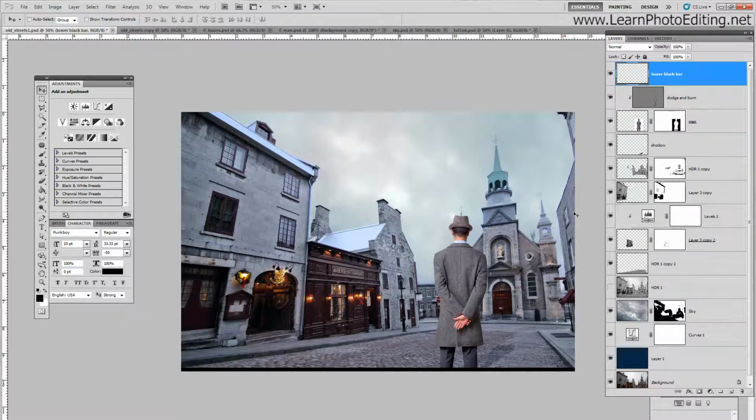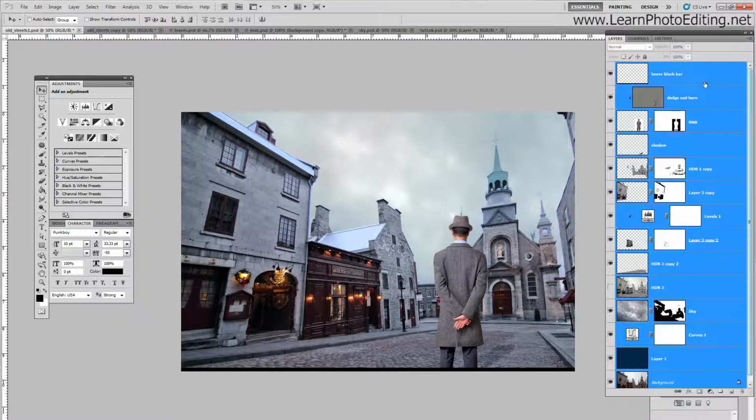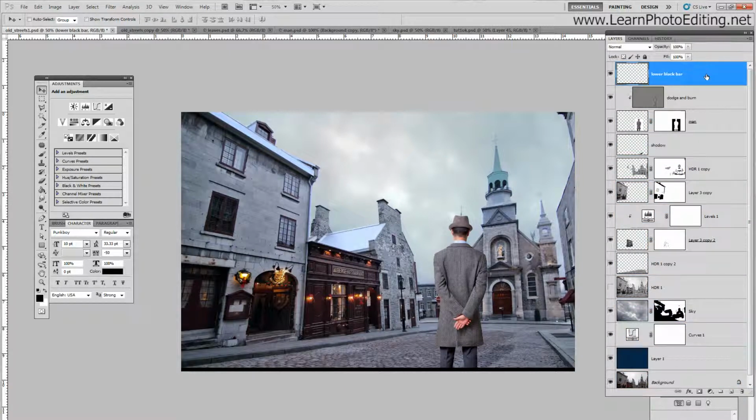Then what I'll do is I am going to add another shadows and highlights effect. So I'm going to select everything. To do that, you simply click the one layer, and then you